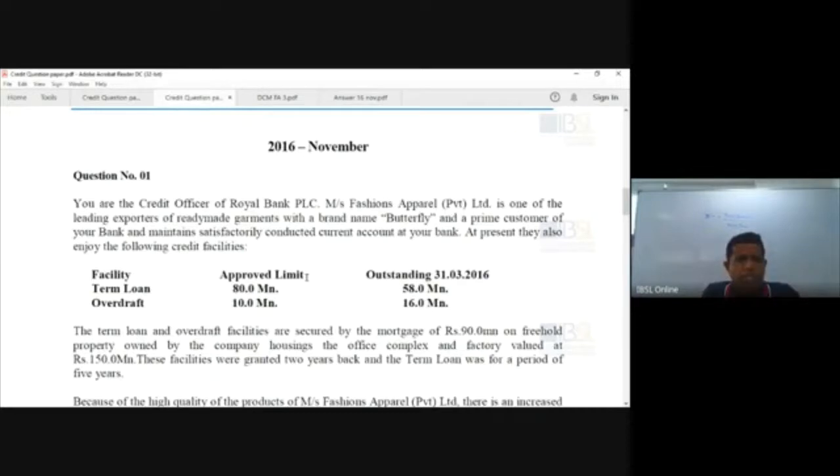The question: you are the credit officer of Royal Bank PLC. MS Fashion Apparel Private Limited is one of the leading exporters of ready-made garments with a brand name called Butterfly, a prime customer of your bank, and maintains satisfactory conduct of a current account at your bank. At present, they also enjoy the following credit facilities. This is the scenario given. Currently, they have this